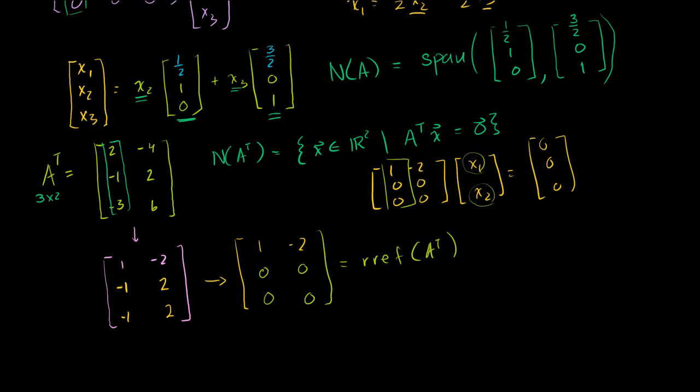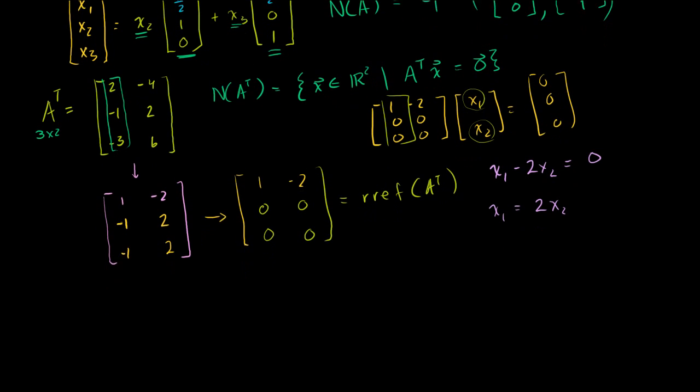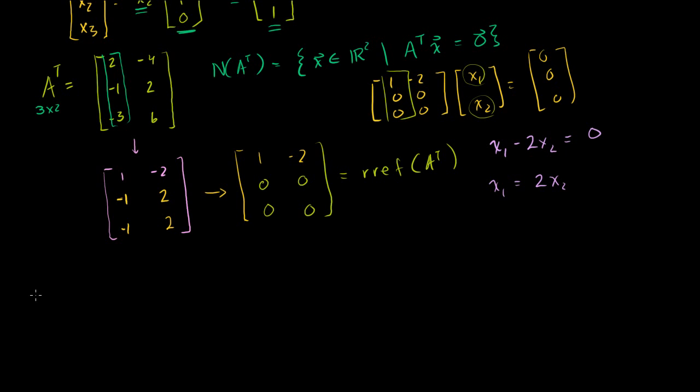Let's go back to our null space. So this tells us that 1 times x1 minus 2 times x2 is equal to 0. Or we could say that x1 is equal to 2 times x2. So all of the vectors in R2 that satisfy these conditions will be in the null space of A transpose. Let me write it this way. The null space of A transpose is going to be the set of all the vectors x1, x2 that are a member of R2, such that